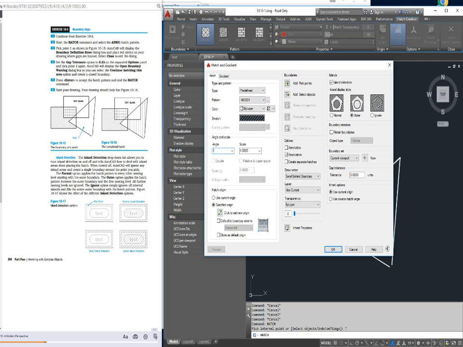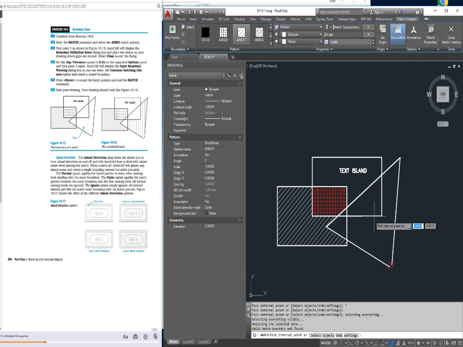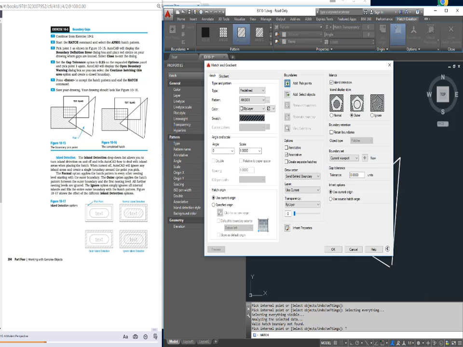Now, if I come up here to my boundaries and I select this, I get this closed boundaries cannot be determined. That's because you cannot have this open area. It is not allowed. So I'll go back to my settings, and they want us to set the gap tolerance here at 0.25. So gap tolerance 0.25. Now when I go to select my boundary,